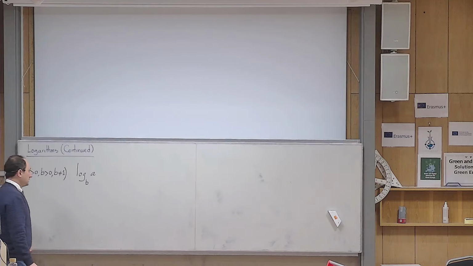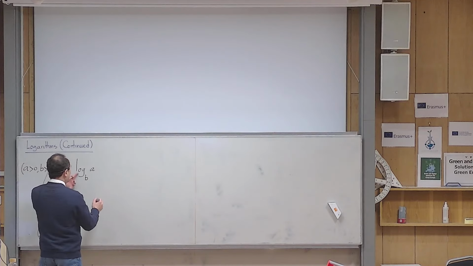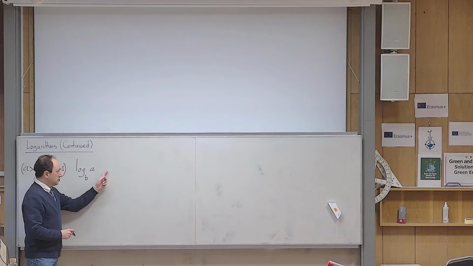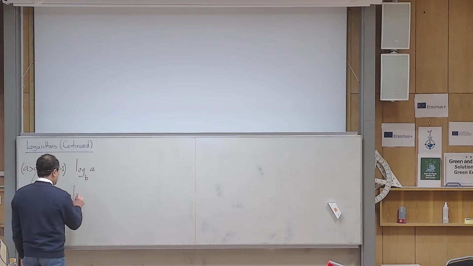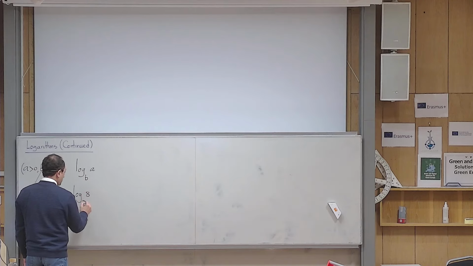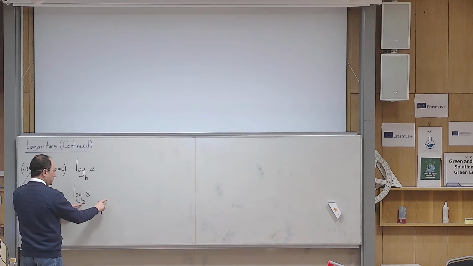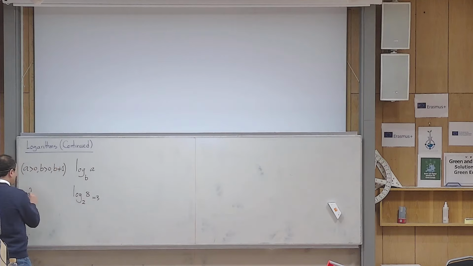And we had some definition for it. When you say the logarithm of a to the base b, you mean a number so that b raised to that number becomes a. That's the meaning of a logarithm. For example, when I say logarithm of 8 to the base 2, I am asking you, give me a number so that when 2 is raised to that number, the answer becomes 8. In this case, it is easy to realize that this is 3, because 2 to the power of 3 is